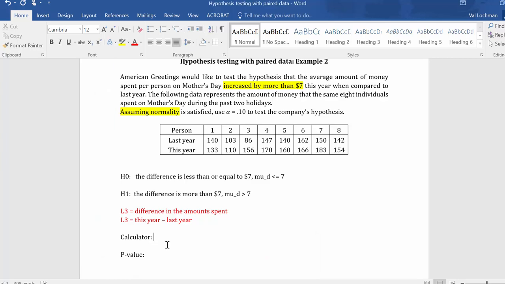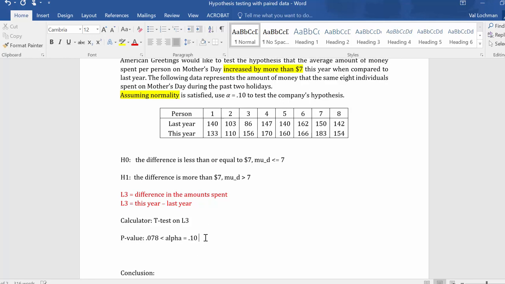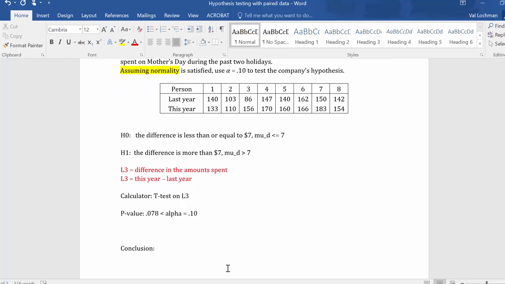So I'm gonna say I used t-test on L3, p-value 0.078, which is less than alpha level, right? Alpha level was 0.10. Okay, so what is our conclusion? We reject the null hypothesis. There is sufficient evidence